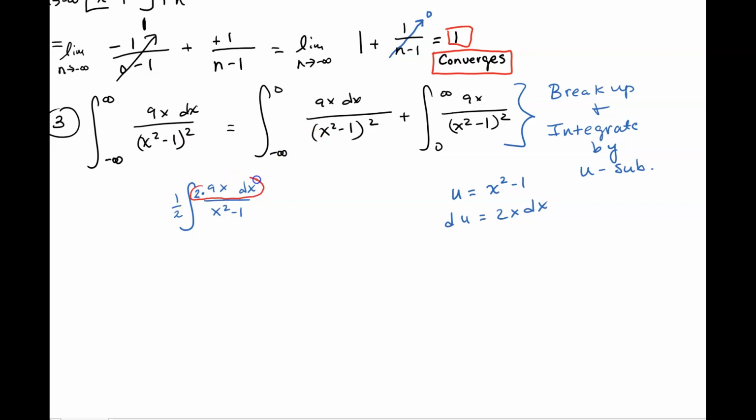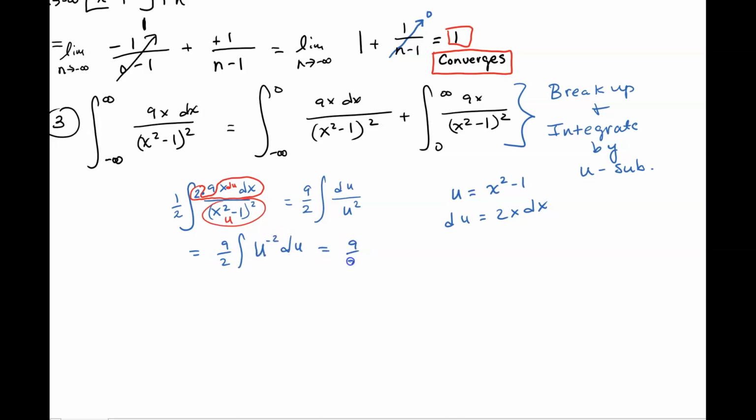So this right here, 2x is our du, and this right here represents our u. And so we end up with something that looks like this: a 9 over 2 on the outside of the integral of du over, and then it was x squared minus 1 squared, so sorry about that part, over u squared. Okay, so du over u squared,